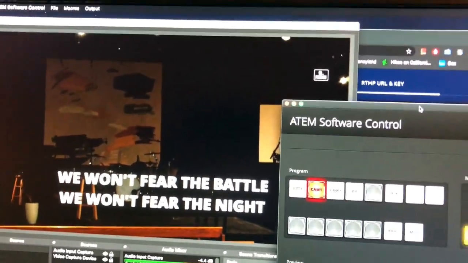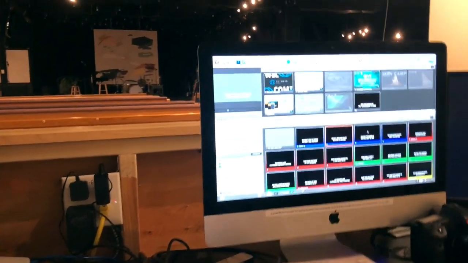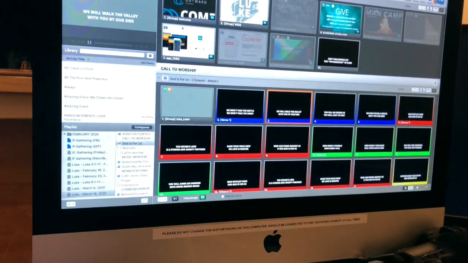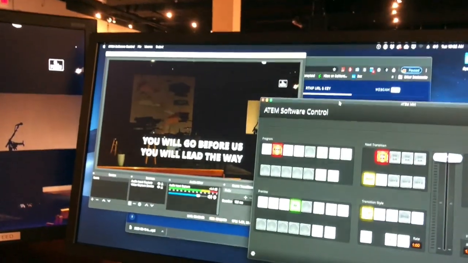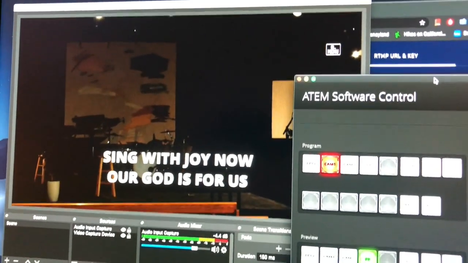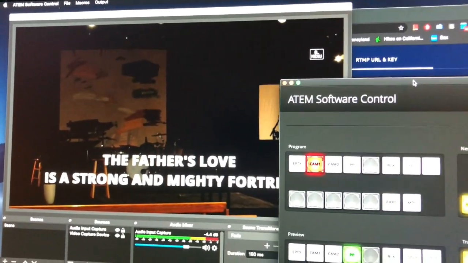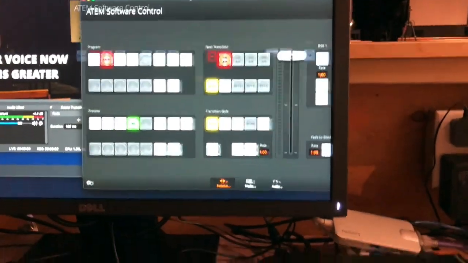So then I can just click on my slides over here in ProPresenter, and I've got them all formatted kind of to a lower third, right? So I can see the people in the shot up above. And as I click on those slides, they just change over the camera feed. Hopefully that makes sense. So that's kind of the mechanics of how we set that up.